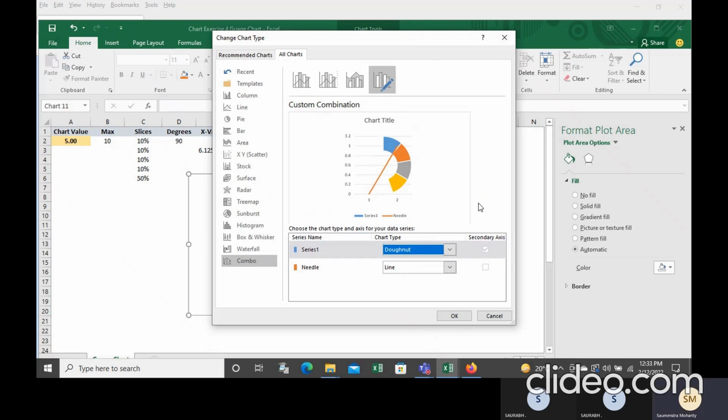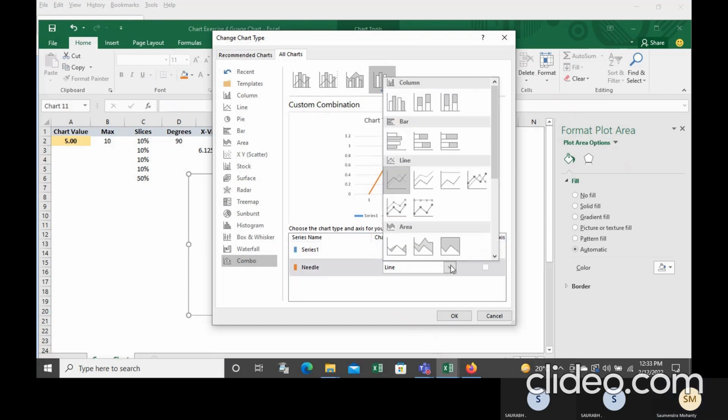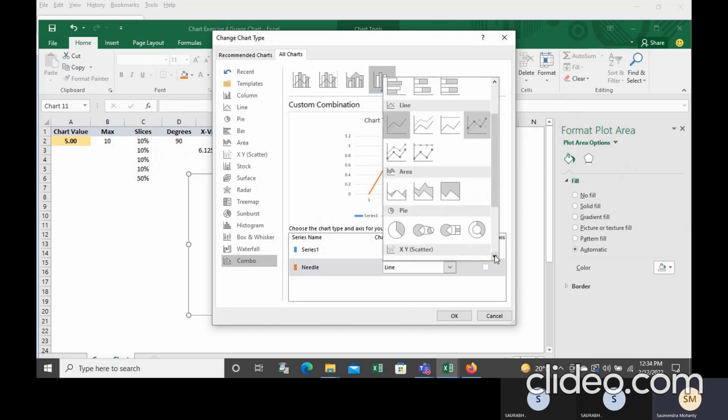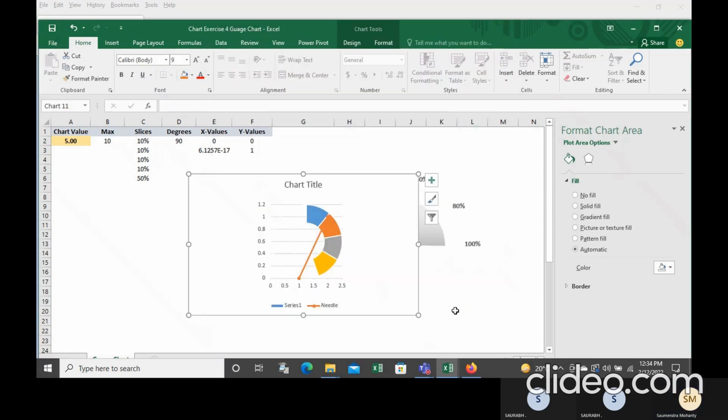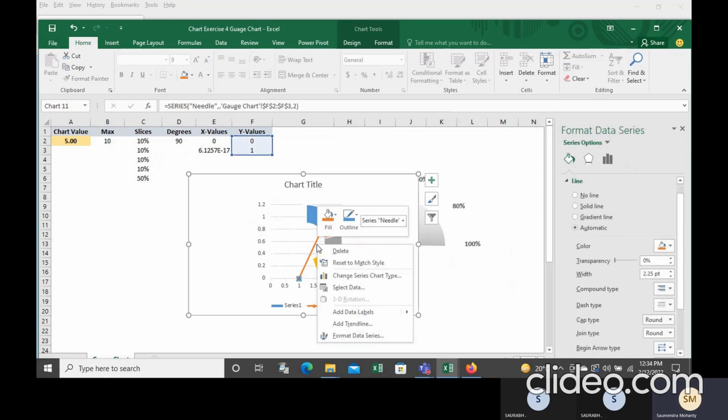And the second one, which is the needle, you want a scatter plot. So you look at the scatter plot and choose scatter with straight lines and markers. The moment you do this, you get this. You automatically got a needle. But you have to populate the second series, which is the X. Right now we have done only Y. So again you go